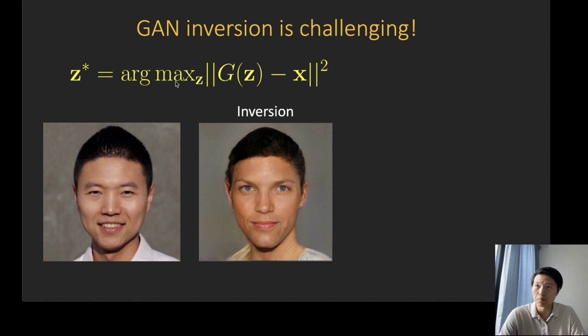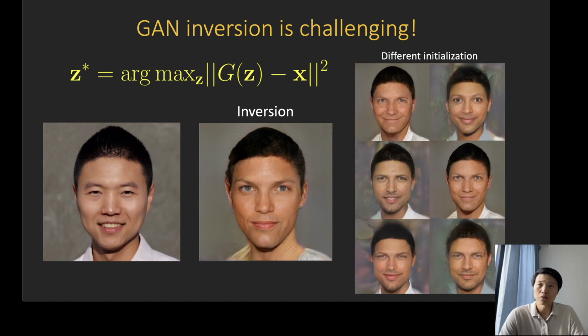So here is the typo, it should be minimization. So it turns out it really depends on the random initialization, they just generate a different version. I mean, a Western face version of me. I guess that's also showing one of the biases in the generator, that they just train the generators on the